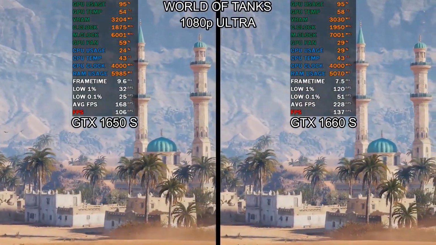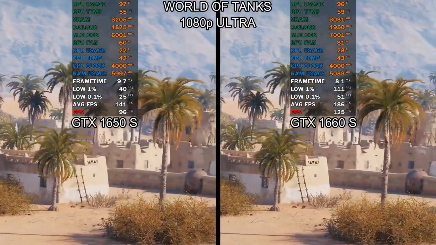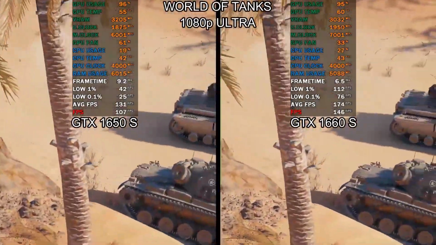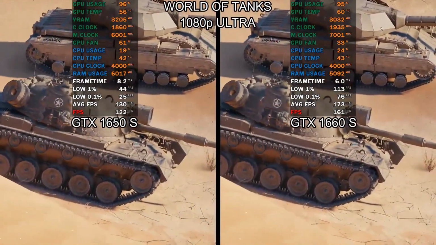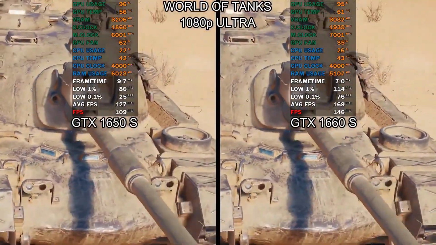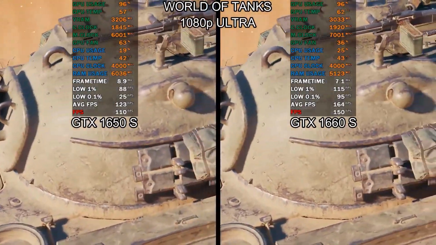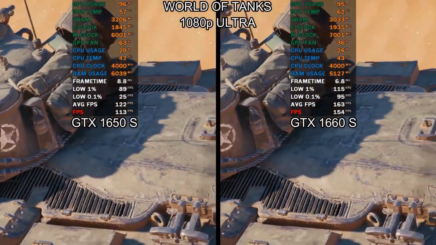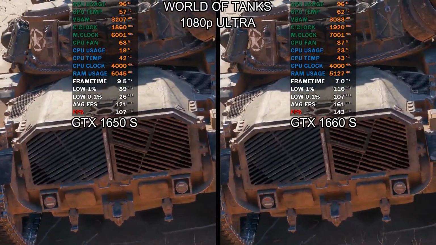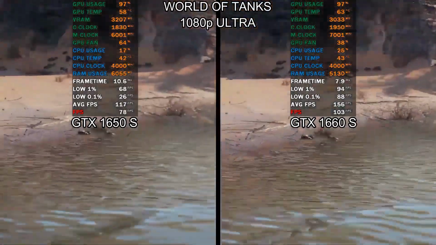The next game is World of Tanks. In this you can see the 1650 Super gives us 96 to 97 FPS, while the 1660 gives us 132 to 150 FPS, almost a 30 to 40 FPS difference between both of these graphics cards. Look at the details on the tank and other stuff. This game is very good if you want to play war games. The FPS you are getting is very decent, more than 120 FPS, even more than 150 FPS on the 1660 Super. So both can be your choice for playing this game, because one gives you 120 FPS, one gives you